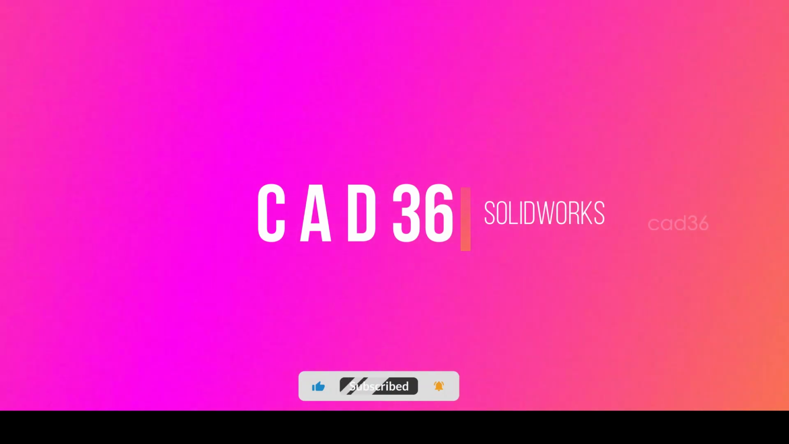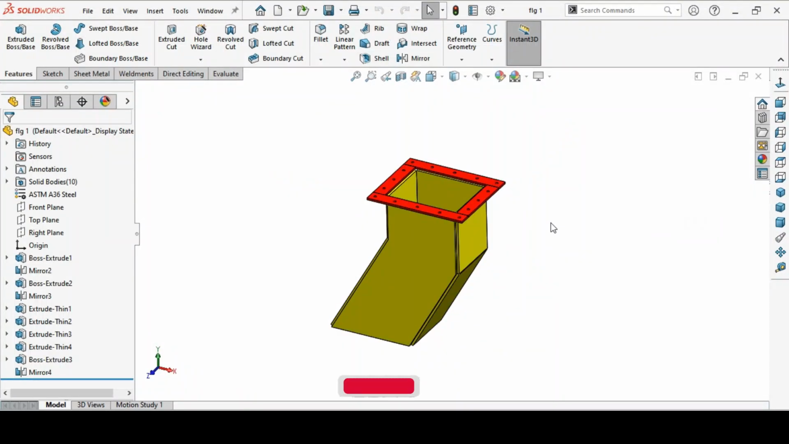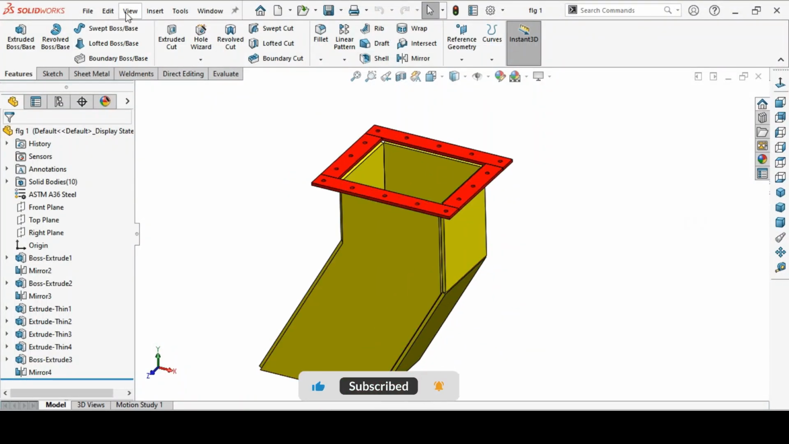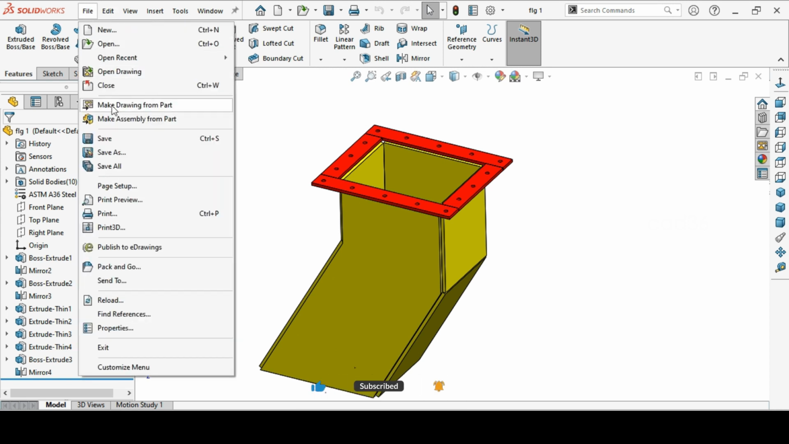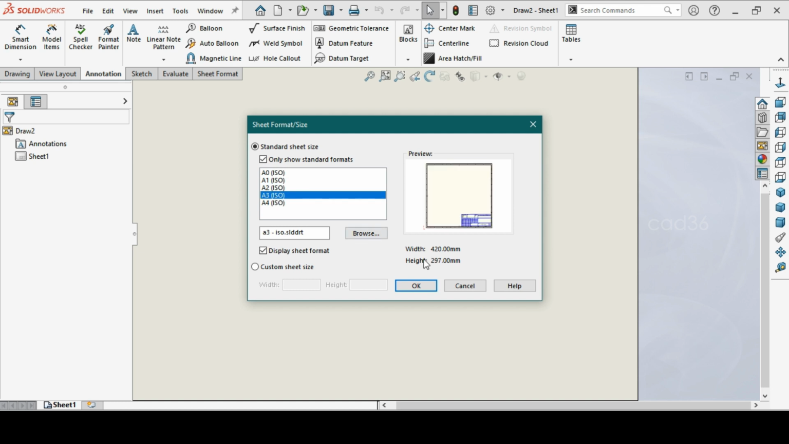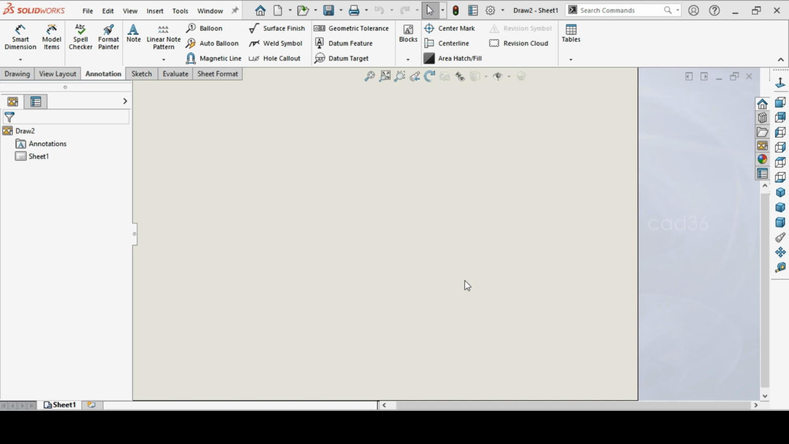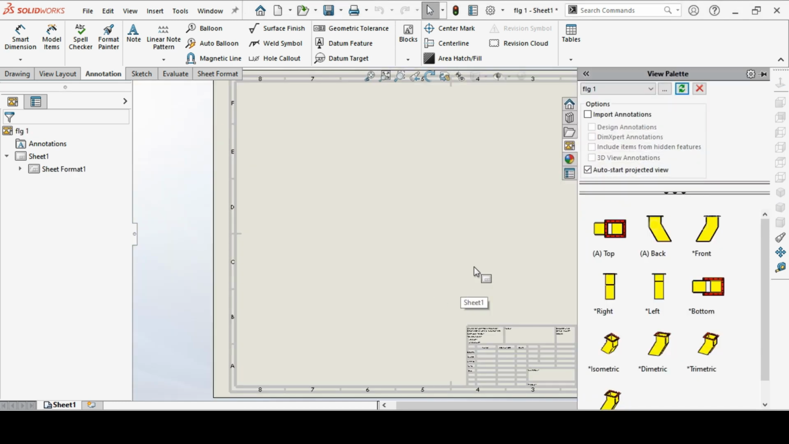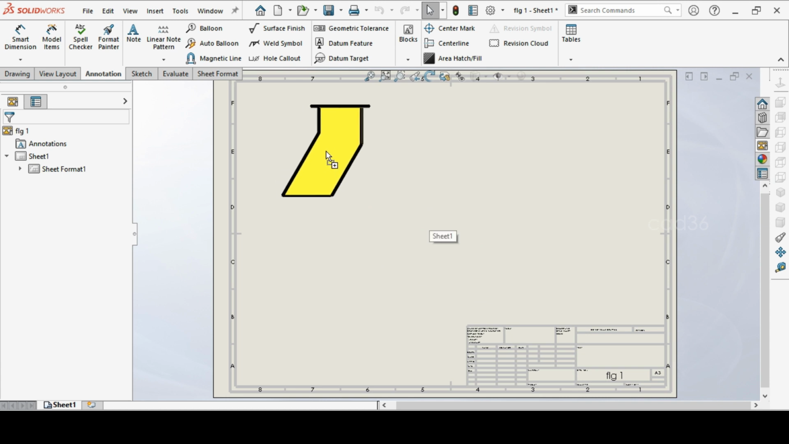Welcome to CAD 36, and we will see how to make a detailing of this chute. Go to File, Make Drawing from Part, and select the A3 sheet. It's a standard sheet, so select the A3 sheet and we will grab it from there. We'll take the front view and drop it here